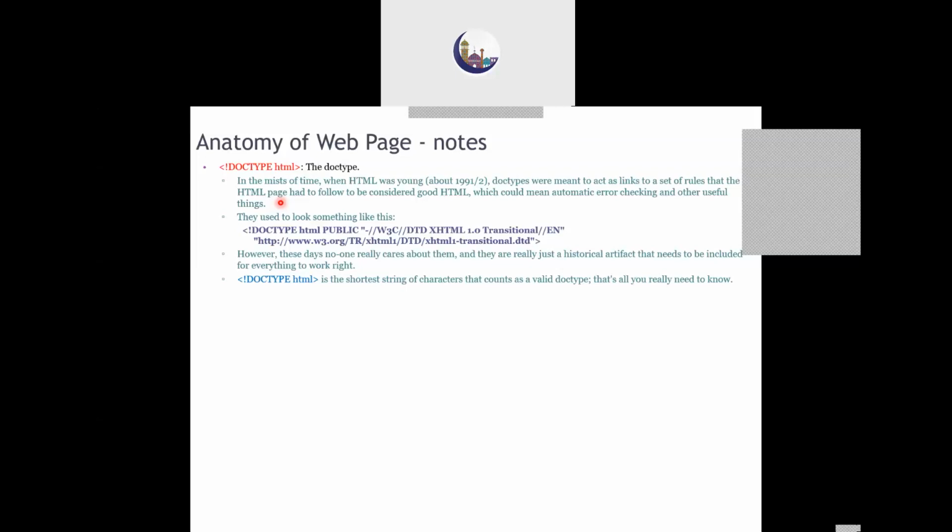whatever the program is meant for, we were using a tag called the document type tag. This document type was telling the browser that, okay, we are using HTML over here. If we use CSS, we used to write CSS. If we are going to use XML, we used to write XML here. But the main part is doctype with an exclamation. Do remember that this doctype is a single tag. It does not have any closing tag.